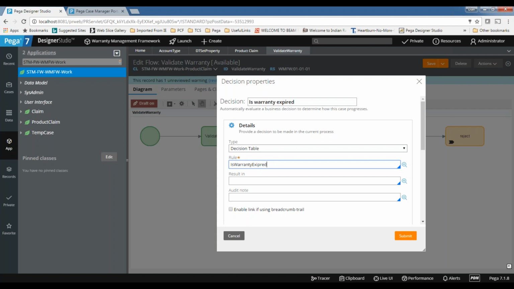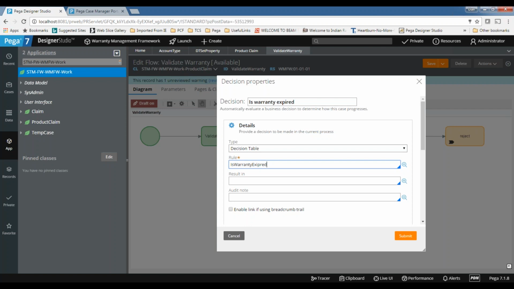Here I'm checking, is warranty expired. If it is true, I want to return yes. If it is false, I want to return no. I have only two conditions, so I can check only two conditions.